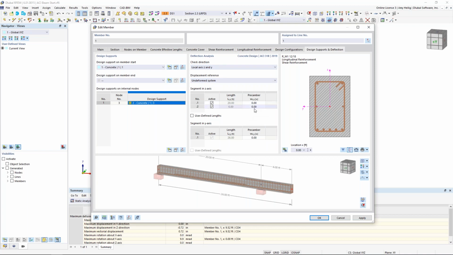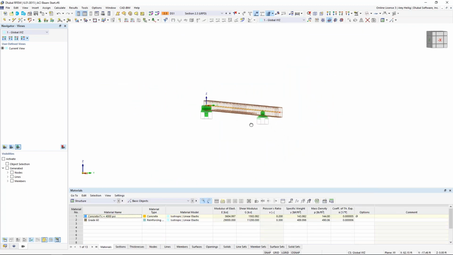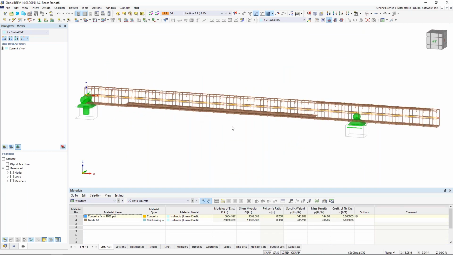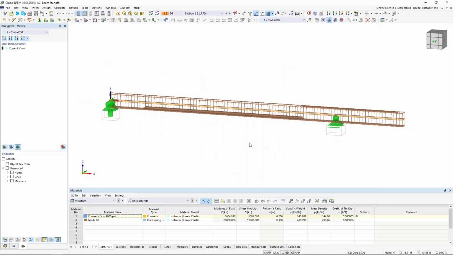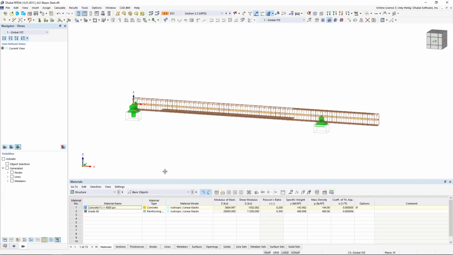The information over here on the right is just related to the serviceability deflection checks. We can add in a pre-camber. We want to tell the program what is the reference length for our limiting deflection ratios, and that will sum up this particular tab here. Okay, so now that we have finished all of these various settings, notice that the program has automatically updated my reinforcement. We can see those design supports shown here,